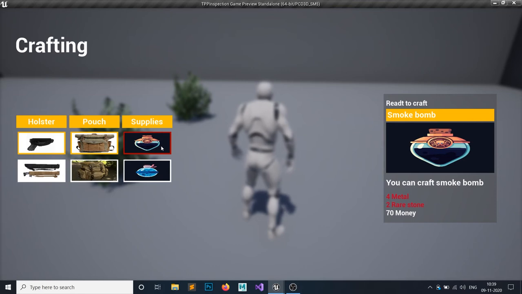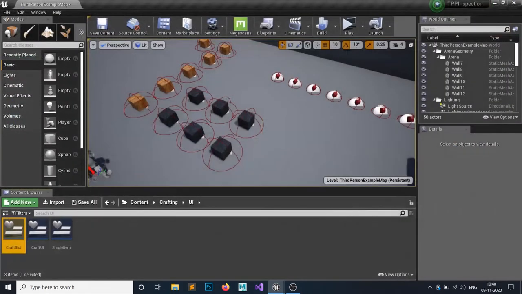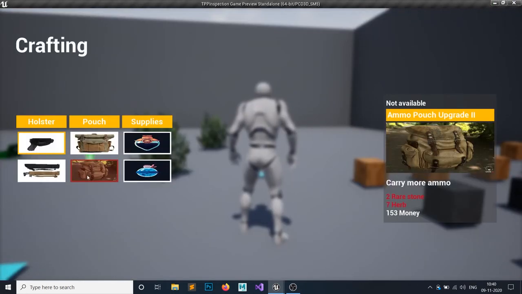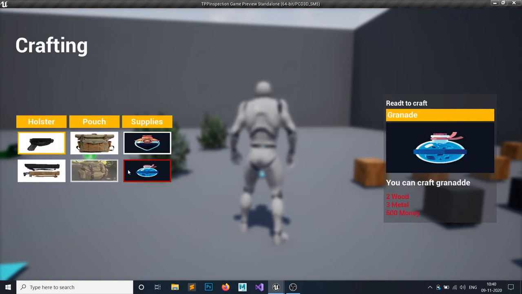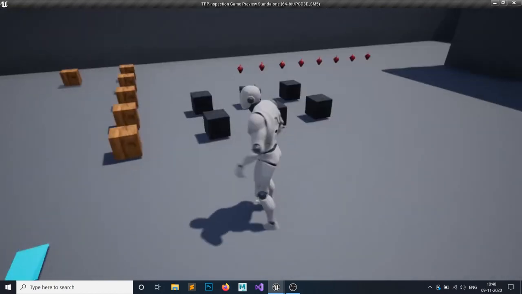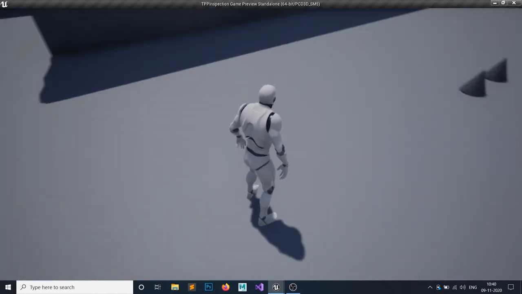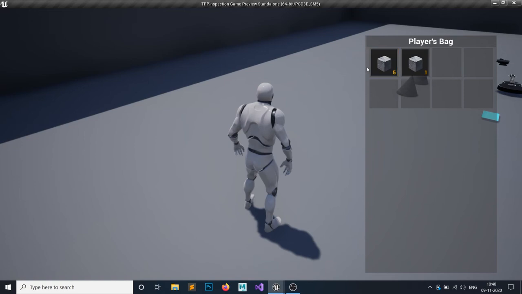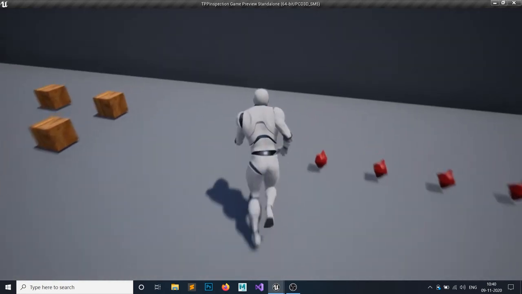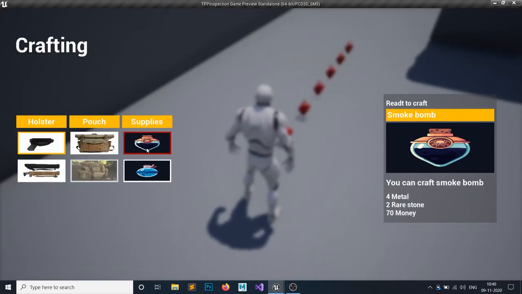And what I need now is reassigning the inventory, because let me show you once again. For the metal to rest on, yep, this one. You can see I have 6 metals in here, 1 2 3 4 5 6, and the inventory is stackable for metal up to 5, and I need 2 rare stones. As you can see, I have enough items to craft this, and this can be crafted again, so it shouldn't be a problem.